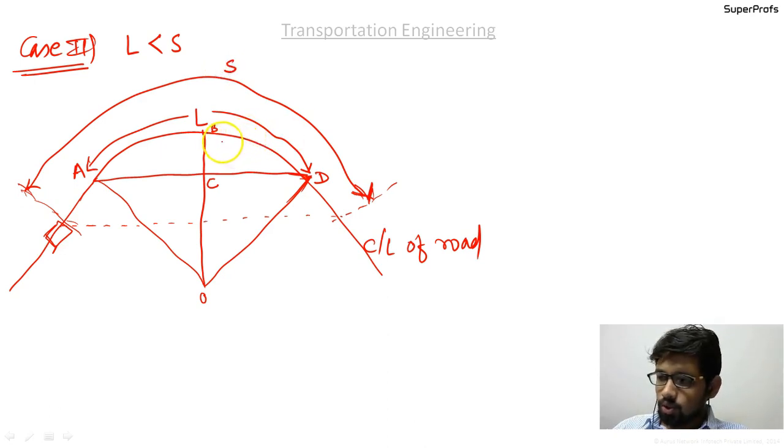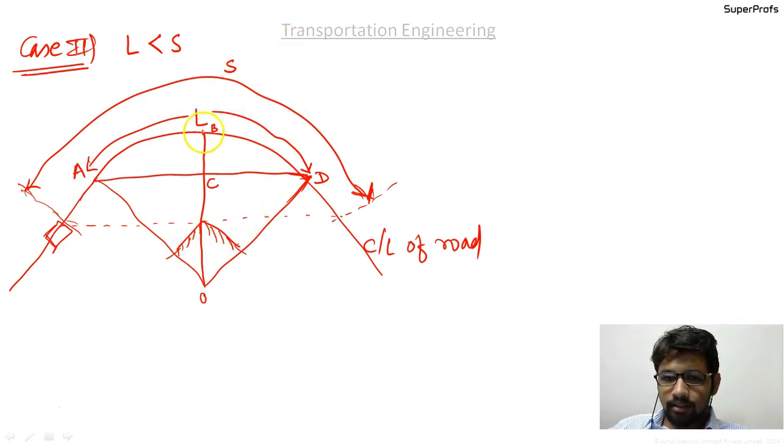So in this case, this is the length of the road, and the minimum required stopping sight distance is greater than the length of the road, and there should be no obstruction over here, so that this is the line beyond which we should start constructing any obstacles. So the obstacle will be shown like this. This is the obstacle or the obstruction or the building or something.